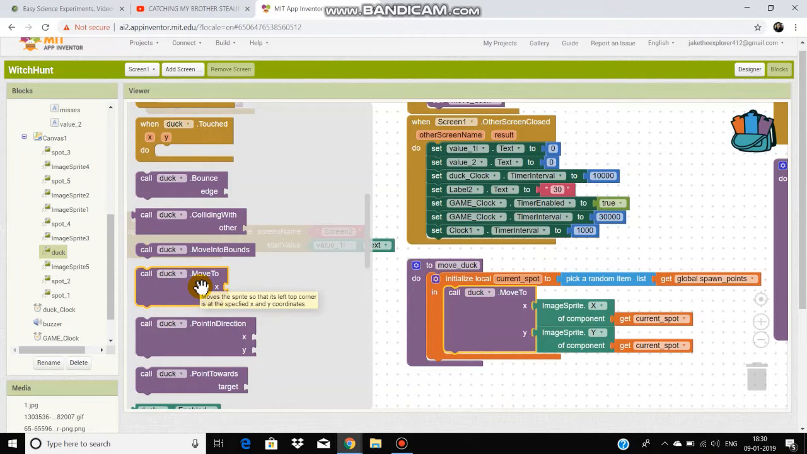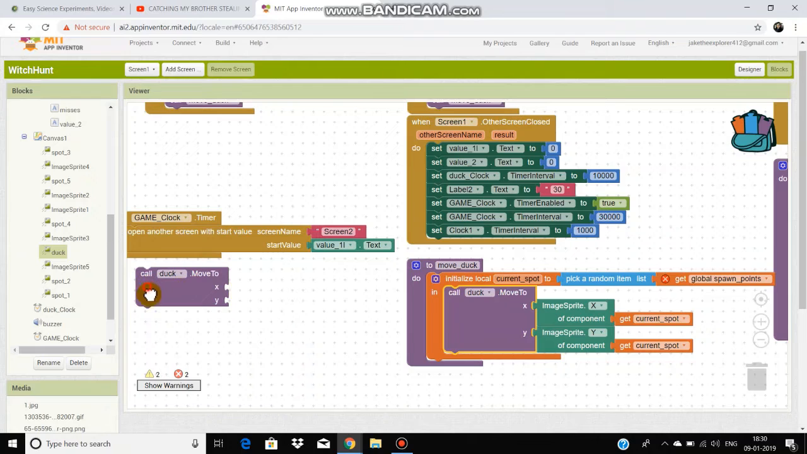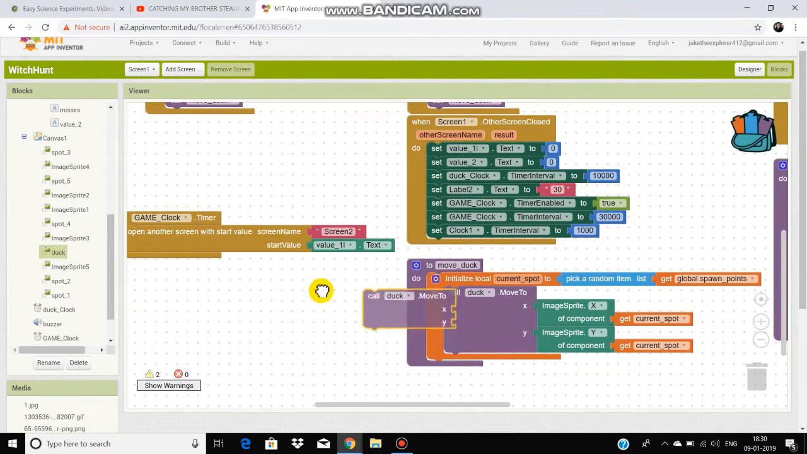Make this, you see this piece of code which I currently have. And then call duck move to x and y. If you're wondering why my image sprite is called duck, that is because in the first I was just using a duck for a picture. After that I made my picture into a witch. So make a call duck move to,